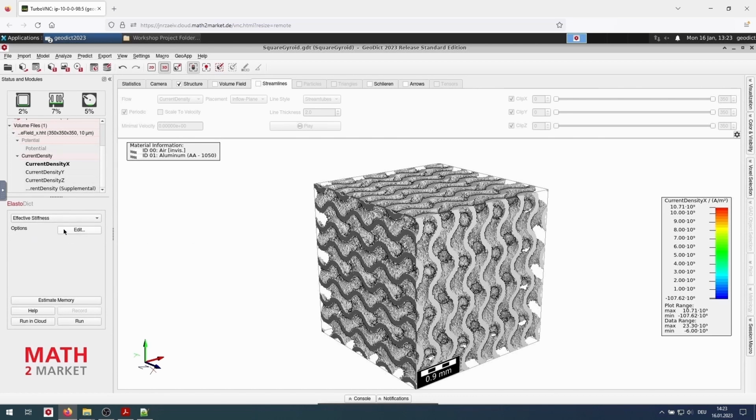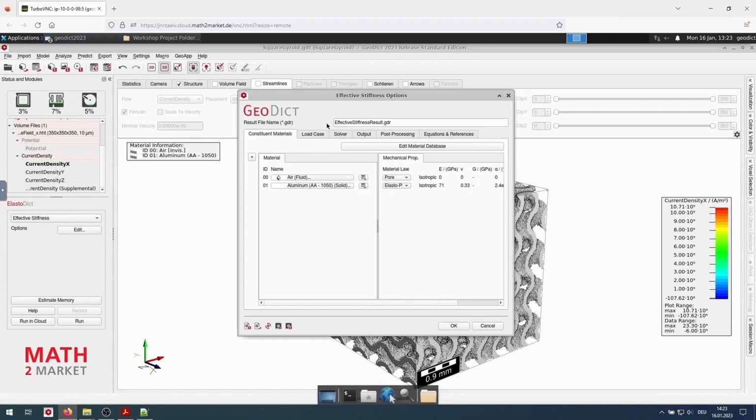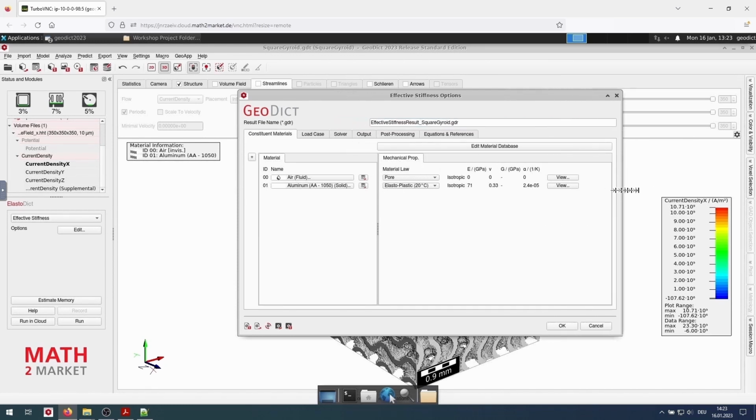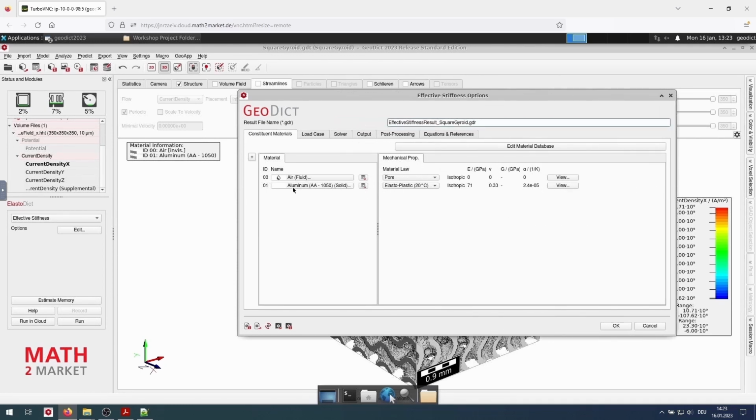We click Edit, and we give a meaningful result file name. The material information is taken from the material database for alumina, in this case the Young's modulus, the Poisson ratio, and the thermal expansion coefficient.